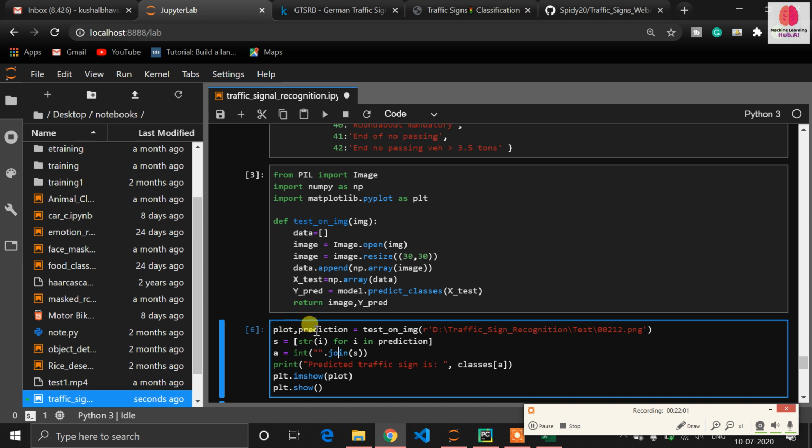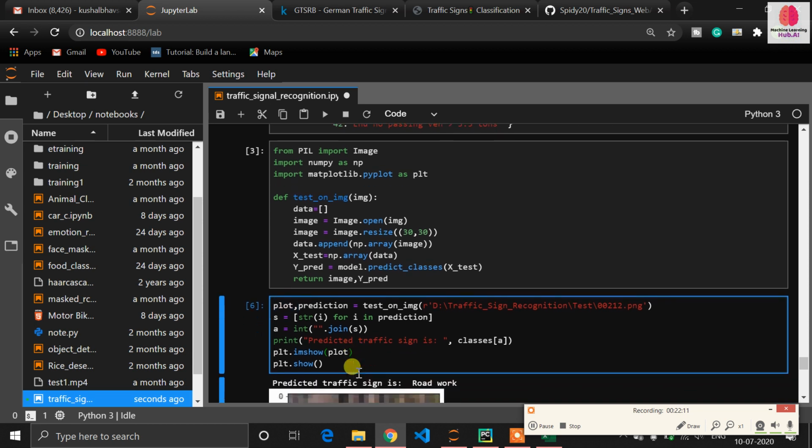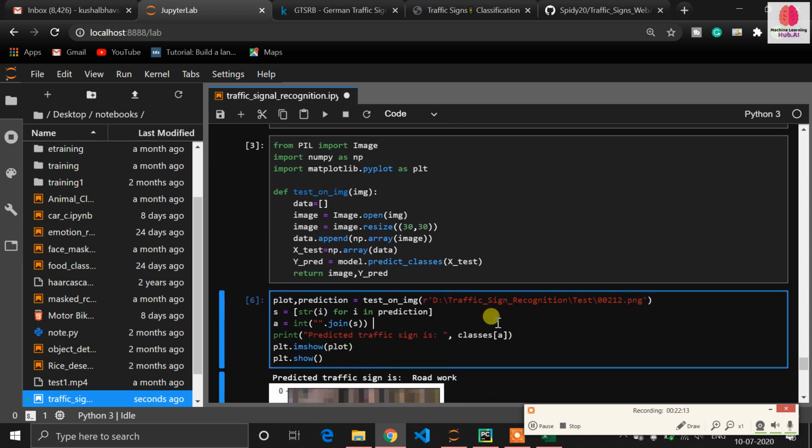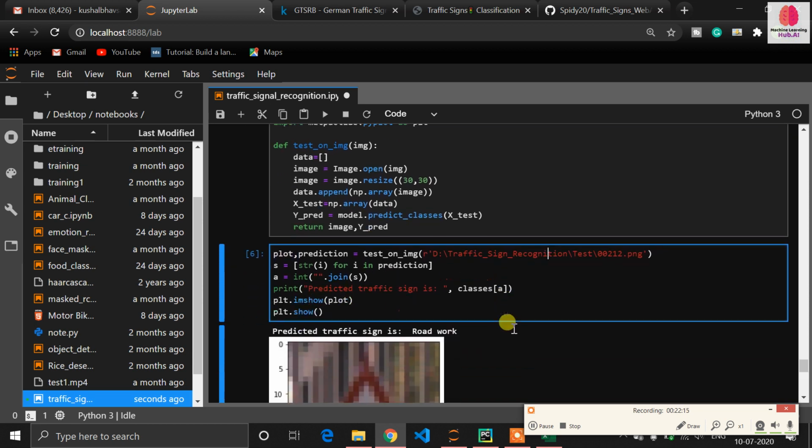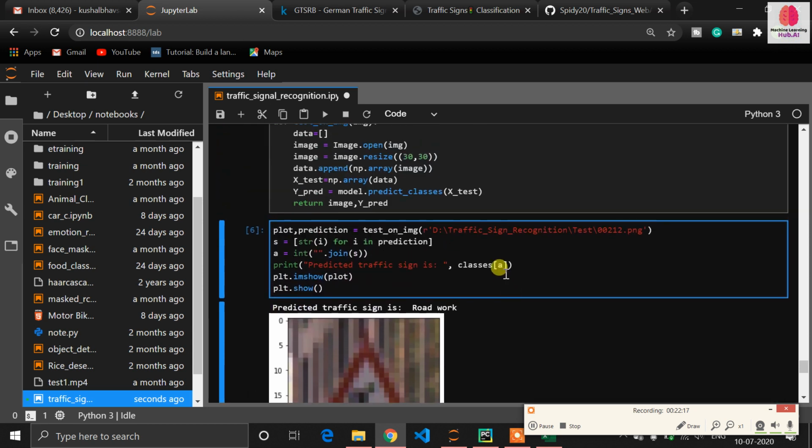Now it's time to call the function. We have defined plot and prediction. Prediction returns the prediction of that image, and plot returns that image, so I can plot it using matplotlib. I have defined one image, 0, from the test folder. So now let's run this.